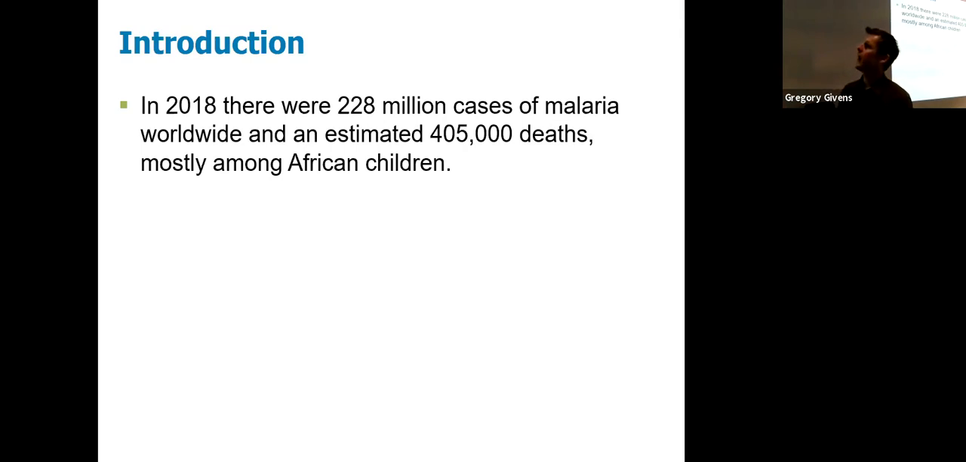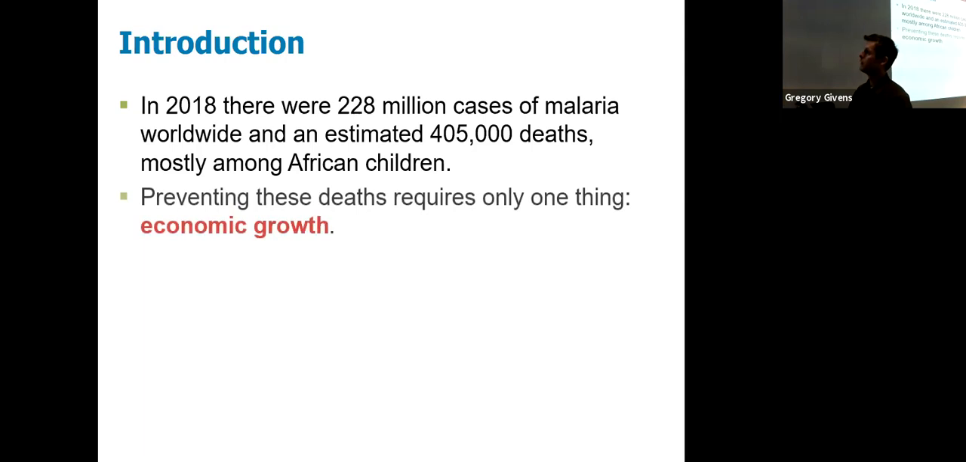So in 2018, you may not know this, but there were 228 malaria cases reported worldwide. And an estimated 405,000 people died from malaria. And most of those deaths were among African children. Now, preventing these types of death, preventing this type of public health disaster really only requires one thing: economic growth,